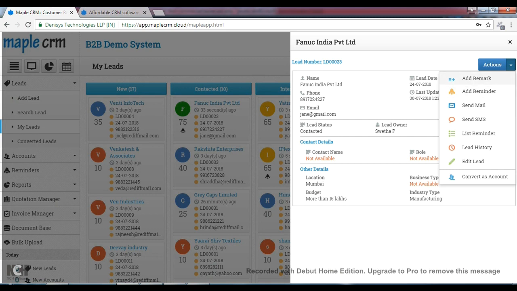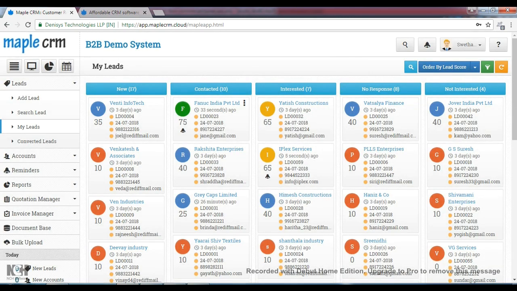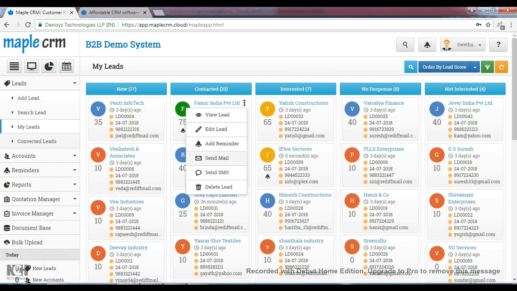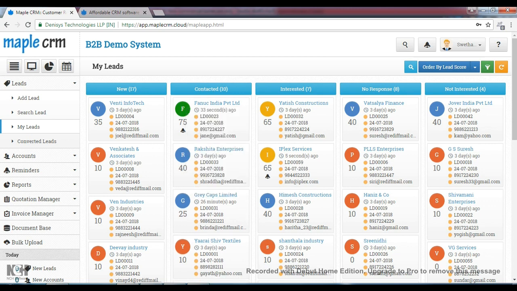Any information or handy notes can be added under Remarks. Reminders can be set for each lead, and this can be viewed from the lead or from the My Leads section. This would enable timely follow-ups on these leads. Email and SMS can be sent to these leads instantly from the application. The solution allows configuring email and SMS templates so that the user need not spend time drafting the